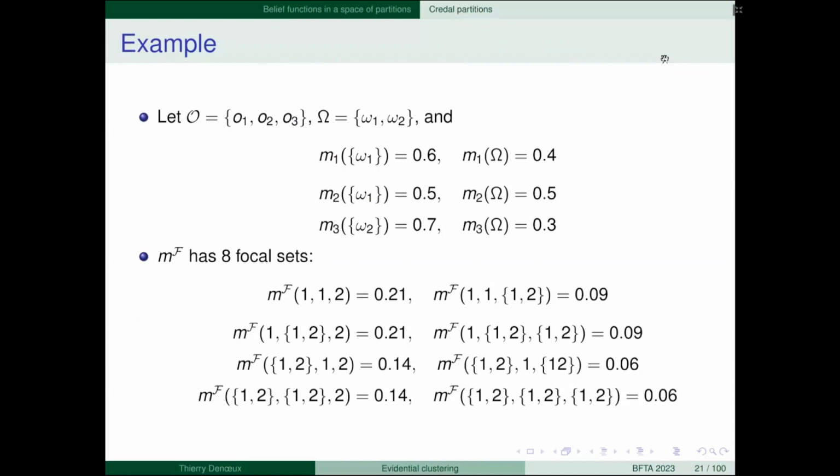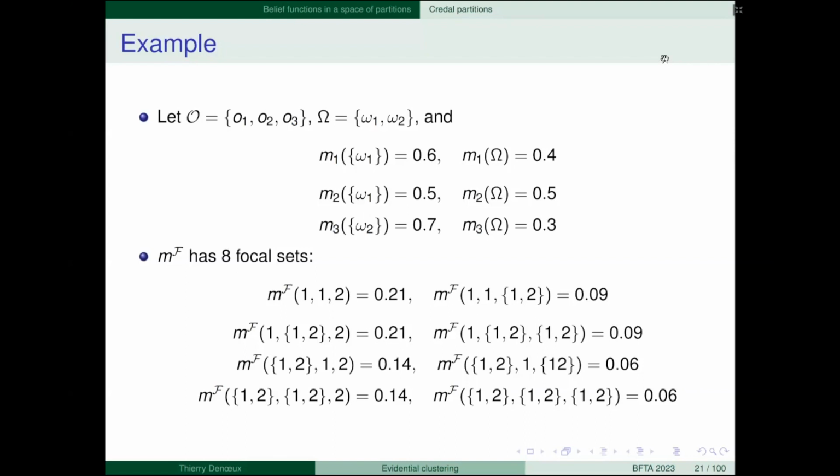So here the extension to M superscript F is a combined mass function in F, okay. Here I have a notation, 1, 1, 2, which means that object 1 is assigned to cluster 1, object 2 to cluster 1, object 3 to cluster 2, okay. So what is the mass function of that?